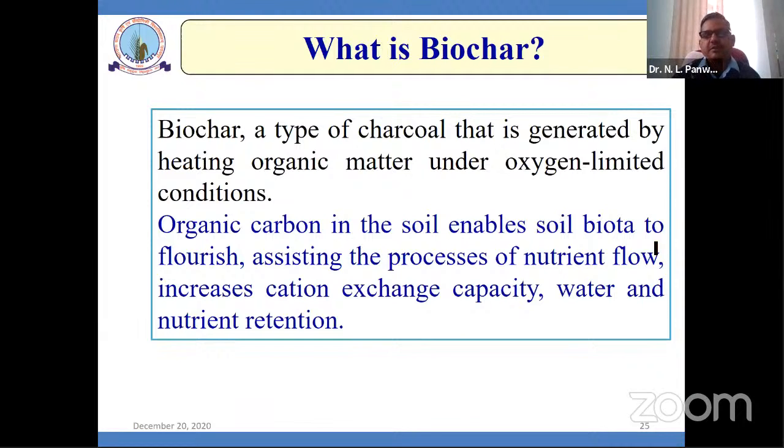So you can recommend to the farmers or the farming communities or some NGOs who are dealing with the farmers that biochar is the best option for feeding organic carbon to the soil. So what happened actually